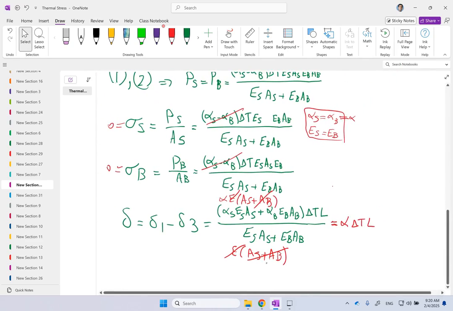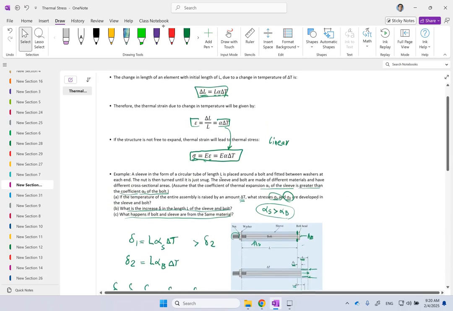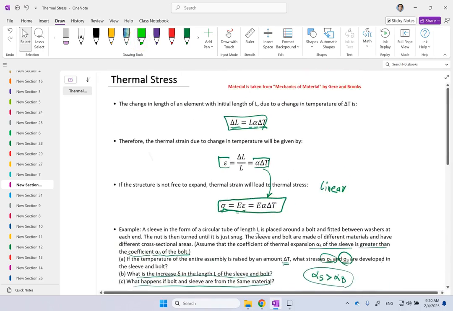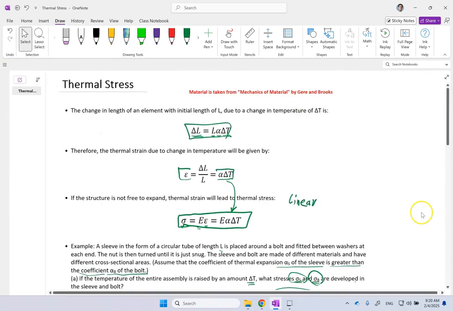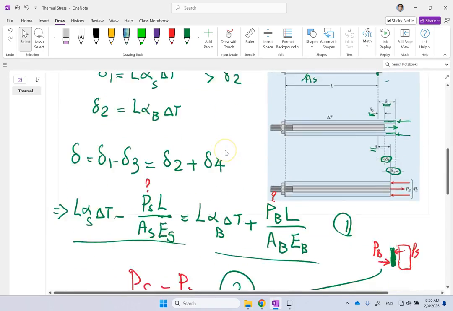So you see that although the formula looks very simple, it doesn't necessarily mean that the problem is super easy. Now, it's not hard, but it's not trivial, and you have to work through what you learned previously for axial load and this new one, thermal stress, and